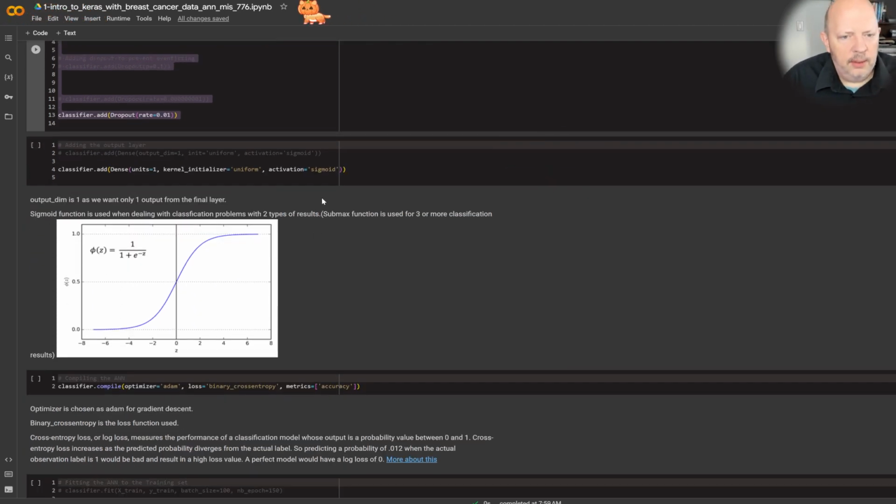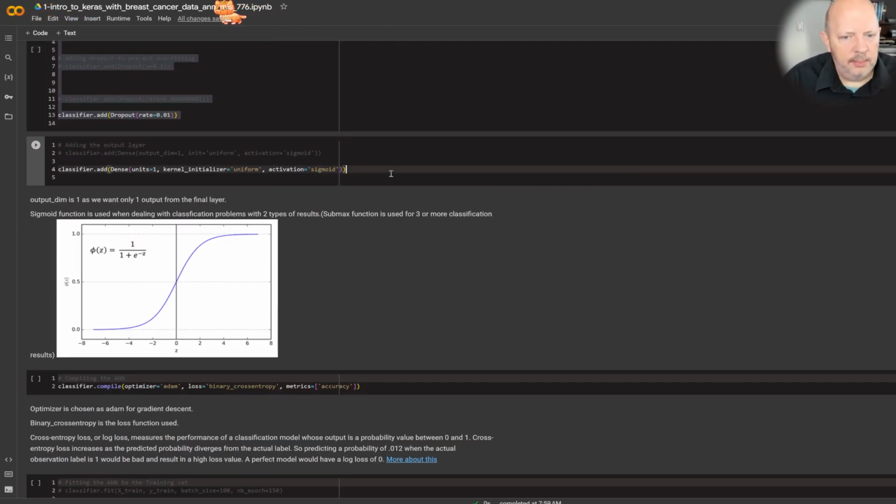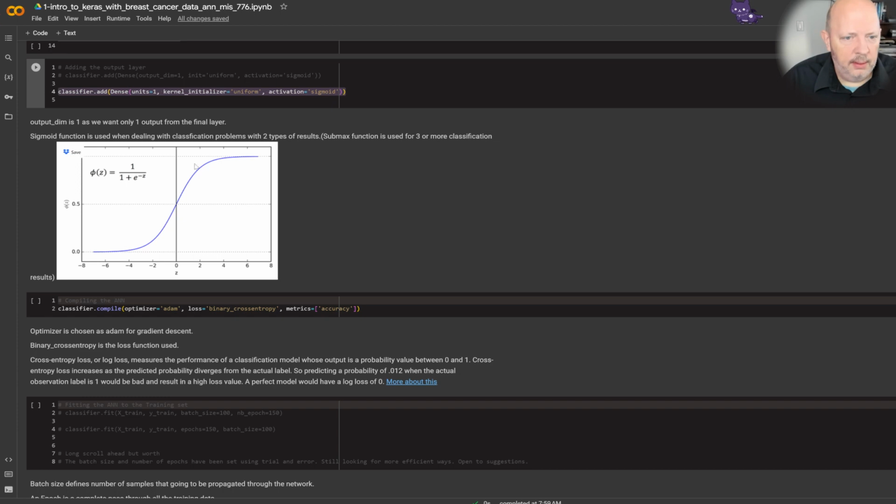Now, at the end, we want a sigmoid classifier, and there's a bunch of different classifiers you can use. But I put a picture of a sigmoid from 0 to 1 to show what the sigmoid is. This actually came with the notebook. So, hey, just give us a sigmoid function.